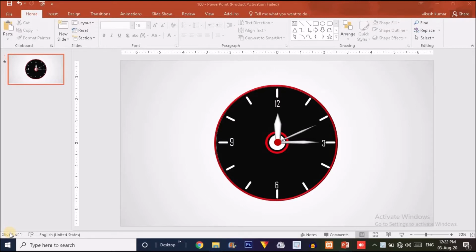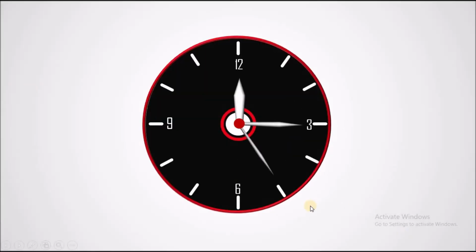How to create a clock like this in PowerPoint. This is an animated clock. I just want to show you how it works. When I click on this particular button, then